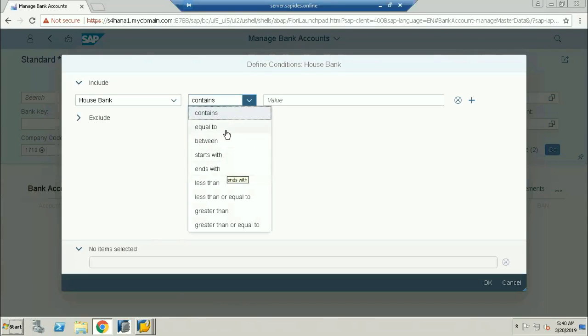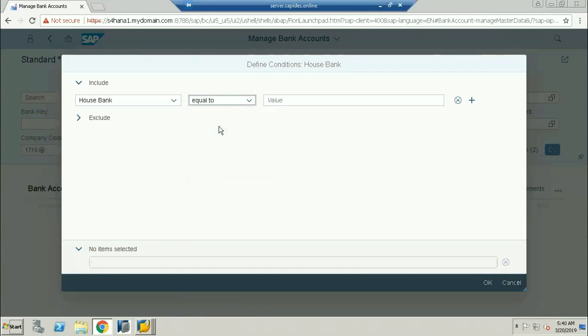You have to search according to your requirement, which is equal to, greater than, or contains, or like that. Now I'm looking for something, okay, like national house, just NH, which is equal to NH. Now I'm clicking on OK.